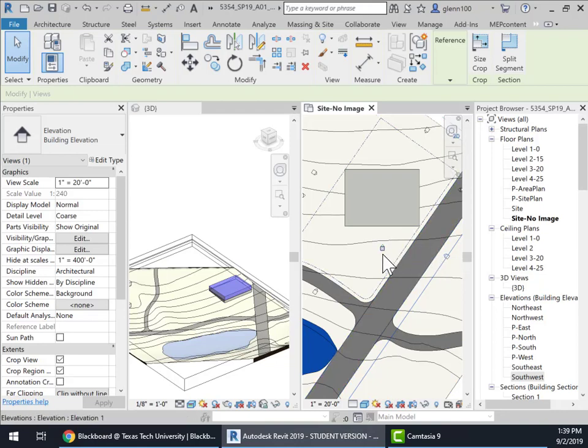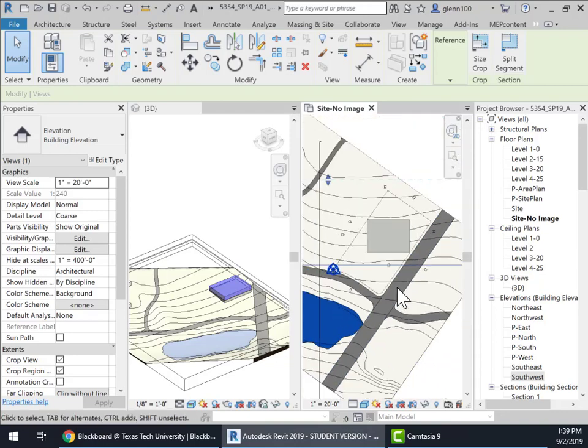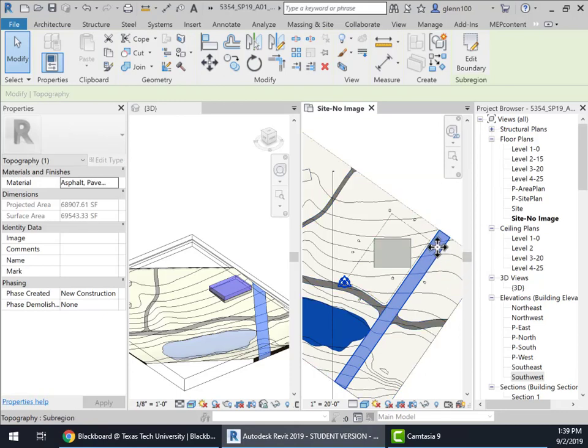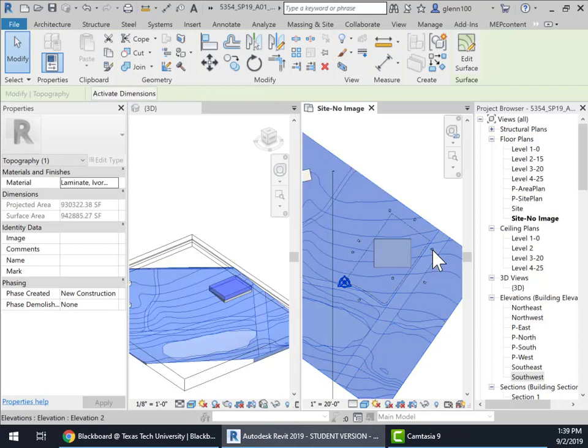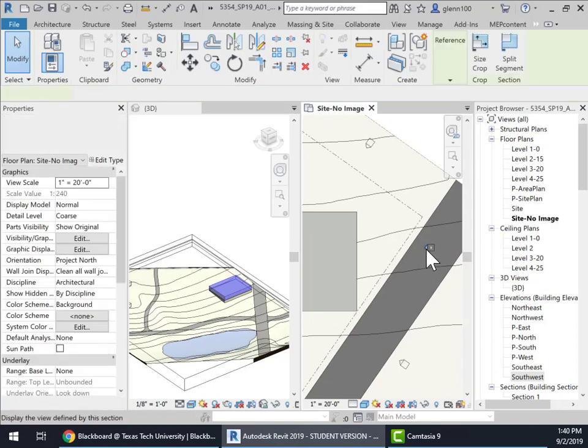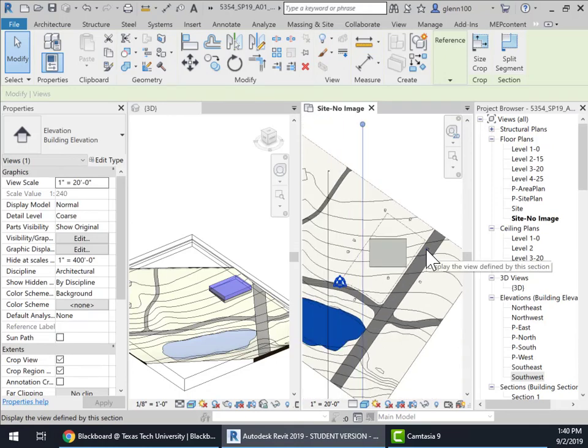The first thing you're going to do is go in and look at them and make sure, it may be that the extents of the elevation is set right there. What you want to do is take that out and make sure it's going to the limit of what you want to see. So I would go in and check each one of my elevations that I'm going to use. I need to zoom in here. There we go. And make sure that